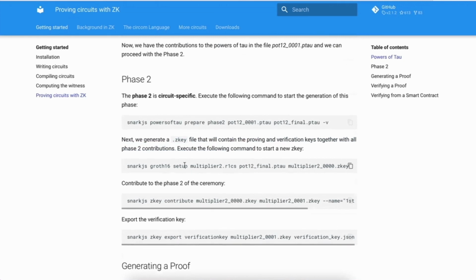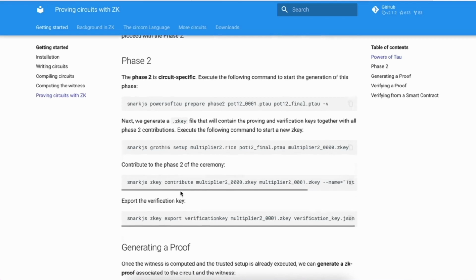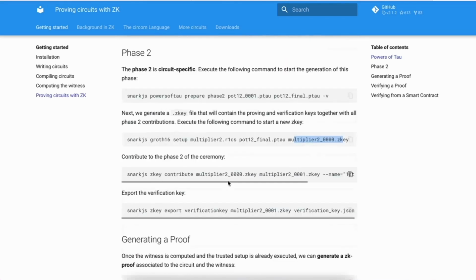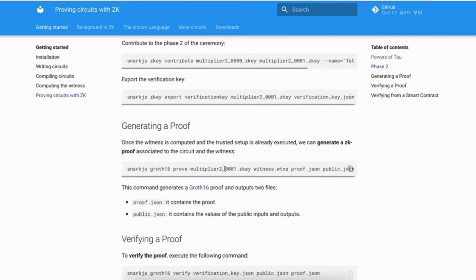Oh, so look, I think this is the circuit, right? So you would have to put your circuit in as an input to Groth16 setup, right? Yes. And your key is also an input. Wait, no. Which zkey is that? Ah, I see. That's the initial zkey. So phase 2, you contribute again. That's what that means. And now the zkey is passed in. And then to prove, you submit the key